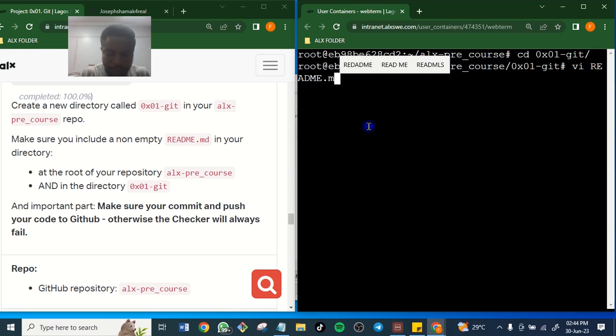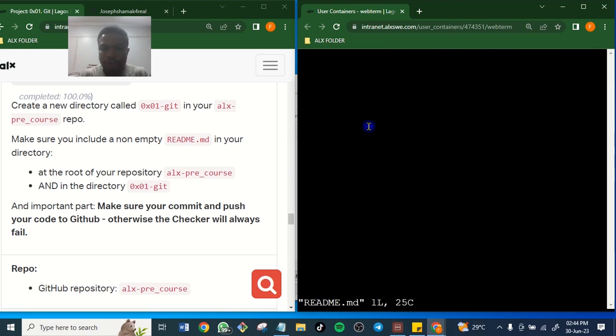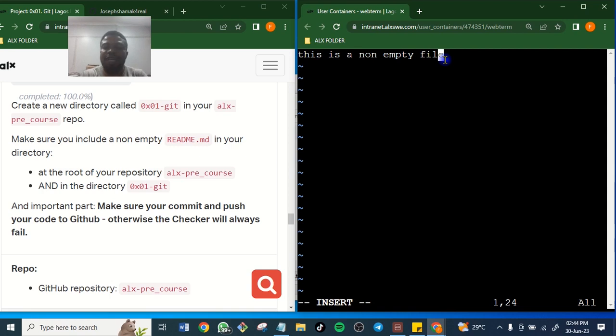Now you see, because I've created this before, this was what I wrote. This is a non-empty file. For you to write inside a vi editor, you must use I. I just click on I, and I takes me into the editor. Let's go.